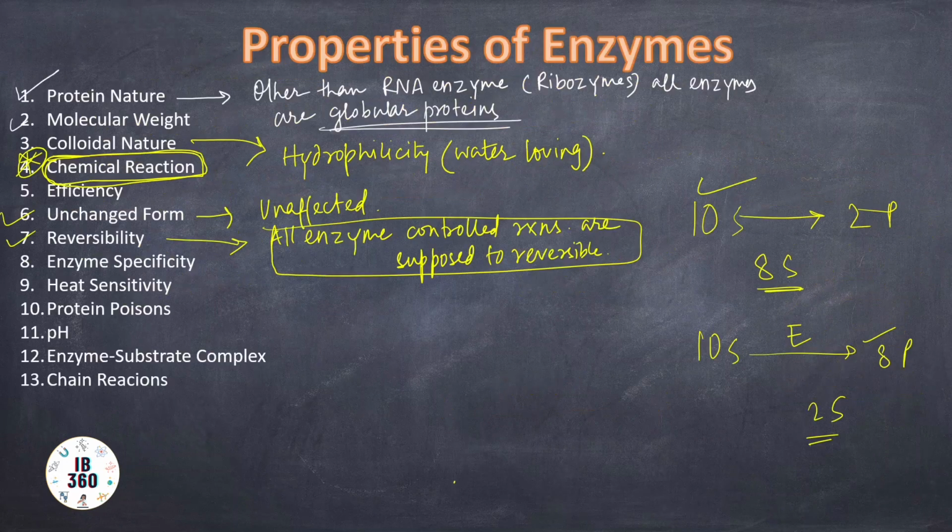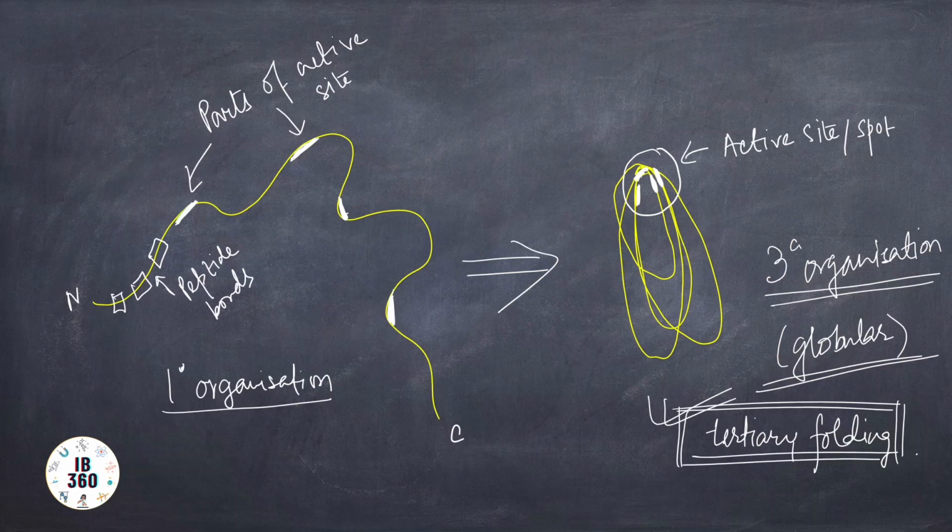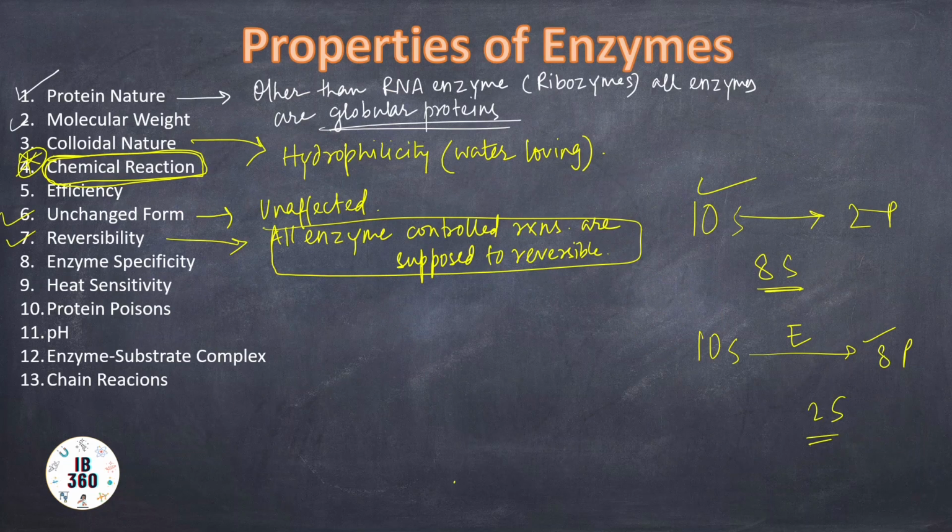Then enzyme specificity. So enzymes are highly specific in their action. While studying active sites, we had seen that enzymes are highly specific in nature, because the active site won't fit any available molecule. For example, the enzyme maltase, which is acting on sugar maltose, can act only on maltose but not on lactose or sucrose, which are other disaccharides. Okay, and this is same with every enzyme. All enzymes are highly specific.